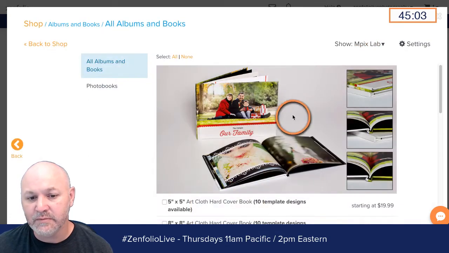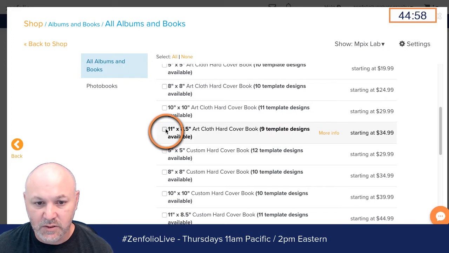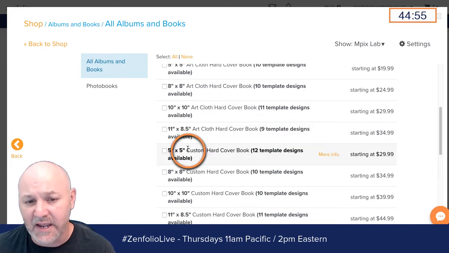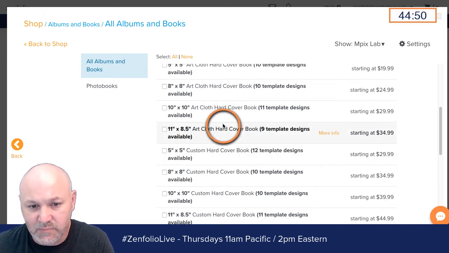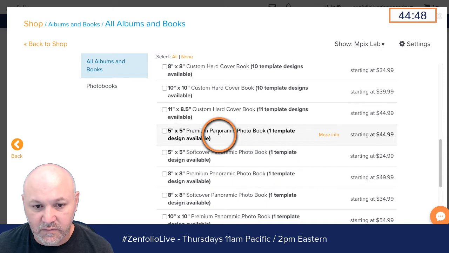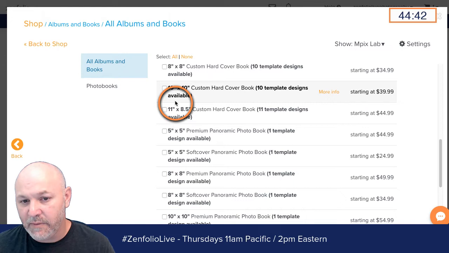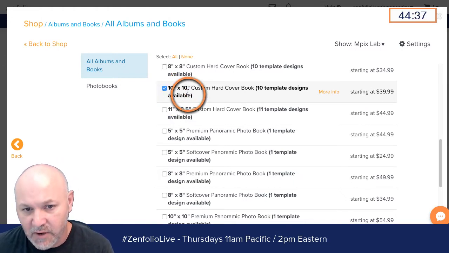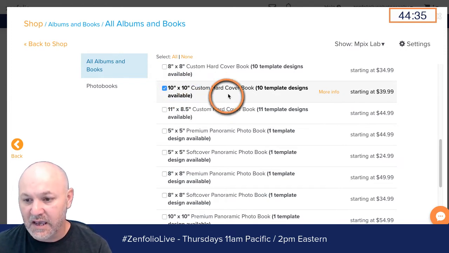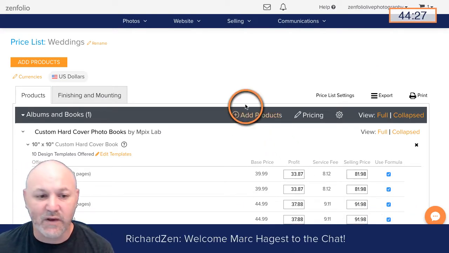And then we're going to go to albums and then we can add in whatever album options we want to make available. So maybe we only want that at 11 by 8.5 to be available in the package. Maybe the a la carte options, we want them to be a little bit smaller. You could do that as well. So if you go down here, here's the 11 by 8.5. We can say, okay, that's only available in the package, but you can order an a la carte 10 by 10. If you wanted to do something like that, that's a possibility. So we're going to click on that. And then down here at the bottom, we're just going to hit add selected products. That's going to add that in.